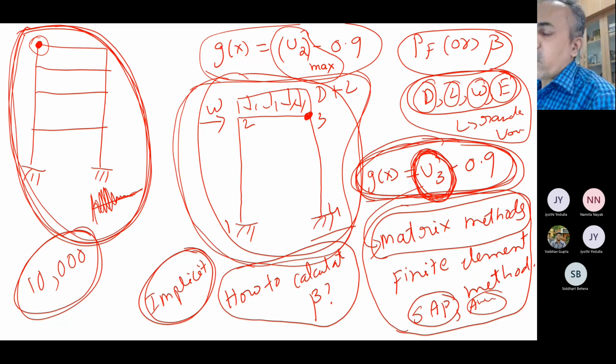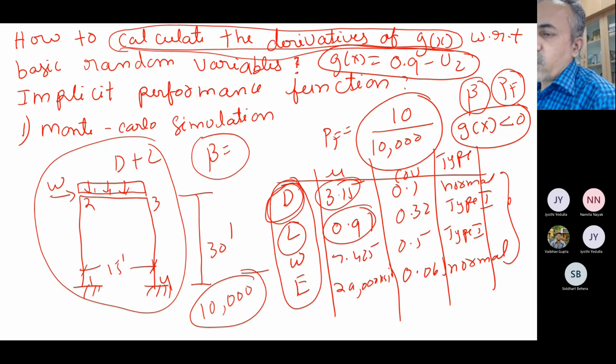Here the most important thing we observed was that in the calculation of your reliability indices, all the steps, whether explicit or implicit, the methodology remains the same; the same steps you are going to follow. But what was the most important difference between implicit and explicit? Which step is crucial? Any of you remember? Partial derivatives, differentiation, okay? Because for the calculation of reliability you have to do the derivatives, that is what was there in step 4.